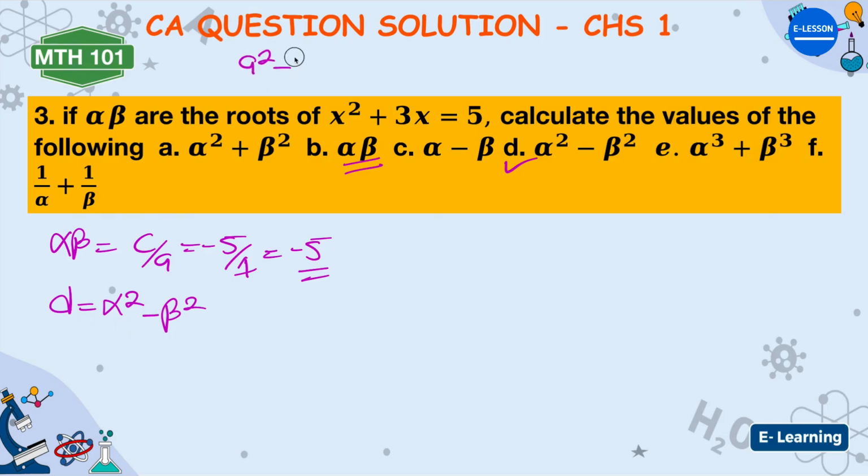If you have a square minus b square, this is the same thing as a plus b bracket a minus b. Is that okay? So alpha square minus beta square would be equal to